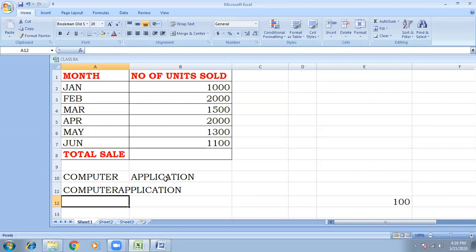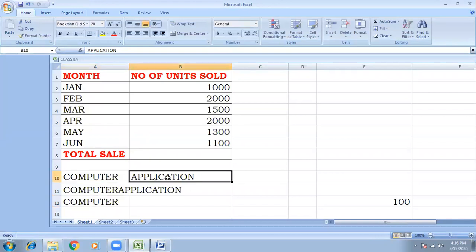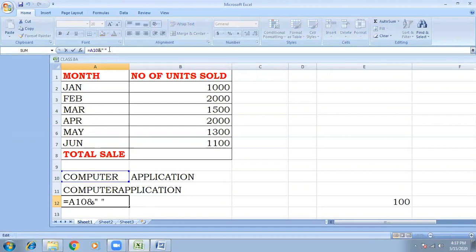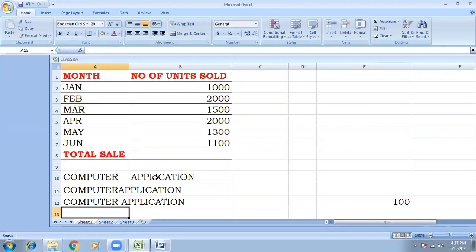If you want to join these two words with a space, then you write the formula like this: equal, and then the reference of the computer cell, and then the ampersand sign, then inside double inverted commas put a space, and then the ampersand sign again and write the reference of application, B10, and press the enter key. You can see computer application with a space will be generated.